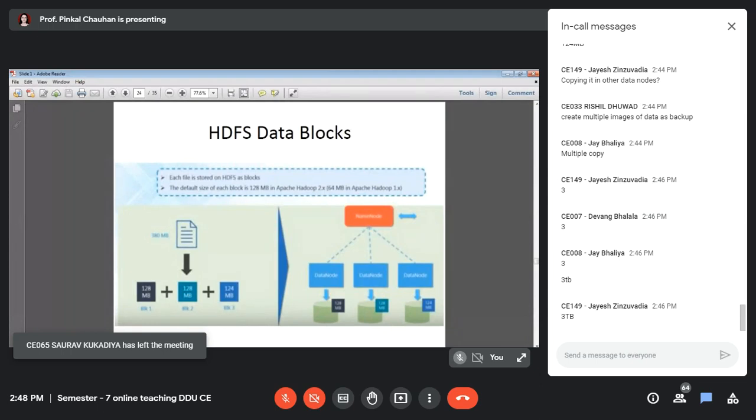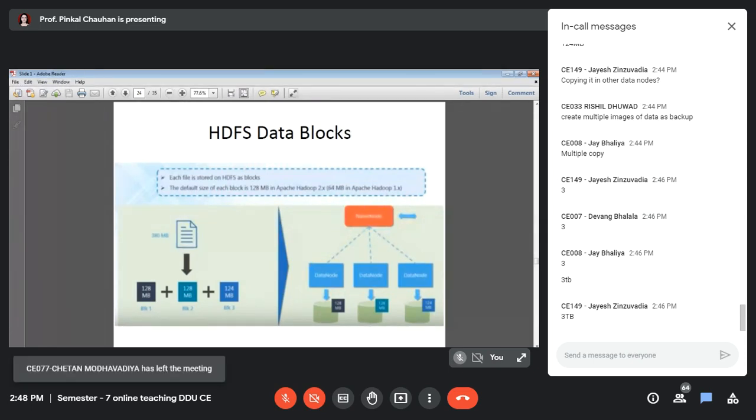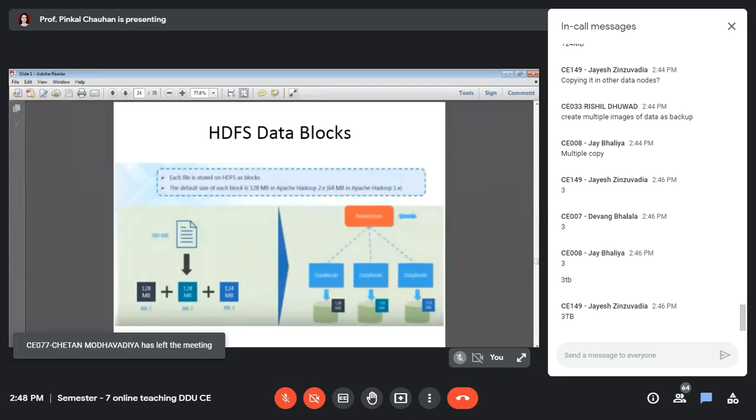Let's say there is a single machine available to you, and this machine takes 4 seconds to process a 4 TB file. With Hadoop, can you reduce this processing time? Yes. How? Let's say the 4 TB file has been divided onto this Hadoop cluster. So each data node will have what amount of data? 1 terabyte, right?